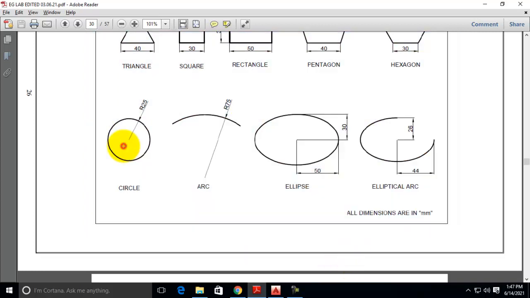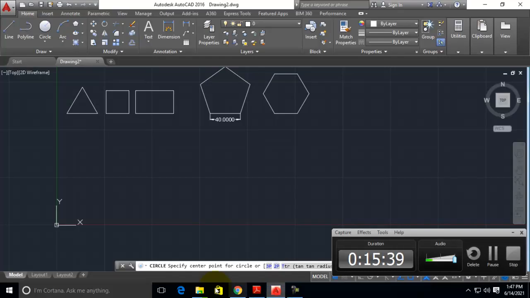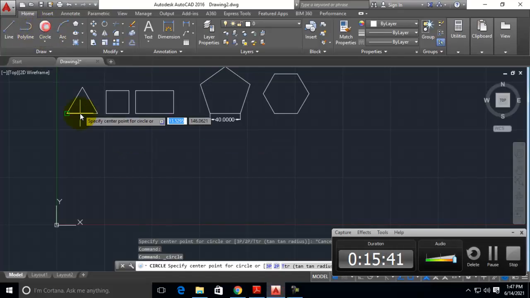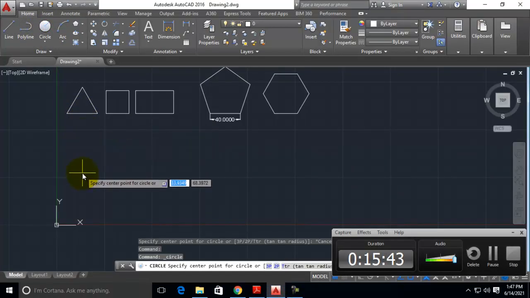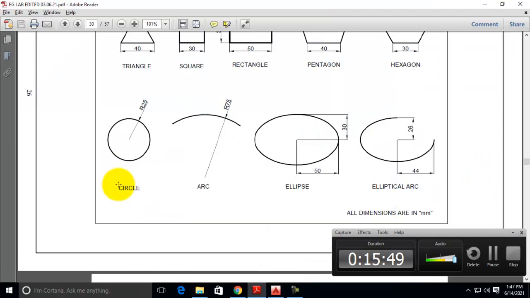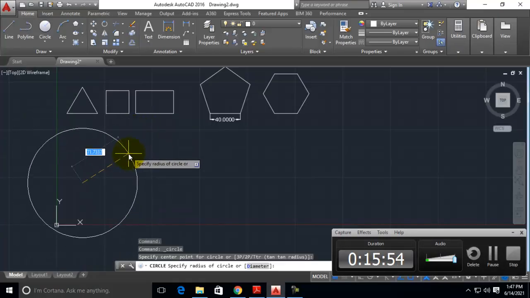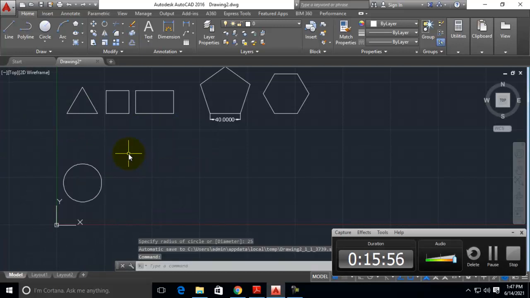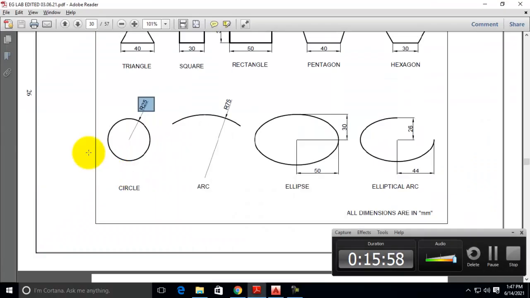First, for drawing a circle, you can just select the circle command, position it below the triangle, click on any point and move it, and also enter the value of radius as 25. Press enter. We have completed the circle.